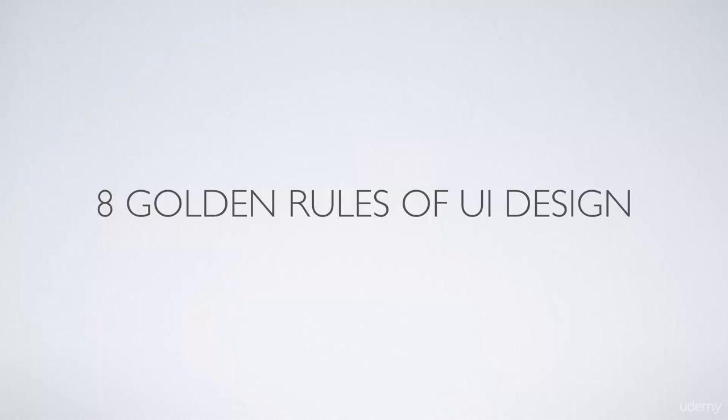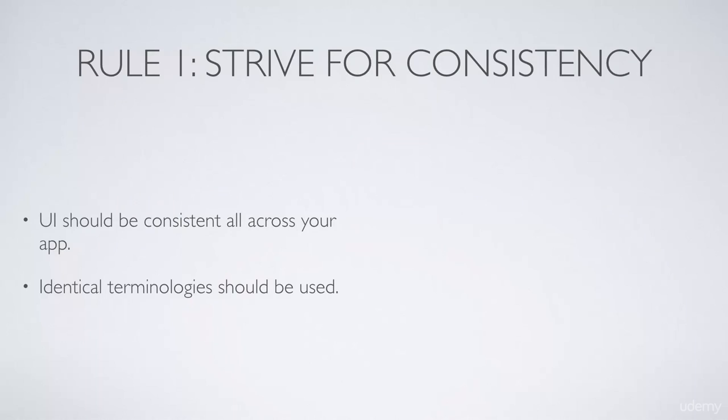Hello and welcome to this lecture, and in this lecture we are going to learn about the 8 golden rules of user interface design. So let's go ahead and start with rule number 1, and that rule is strive for consistency. So the user interface for your application should be consistent all across your application, and ideal terminologies should